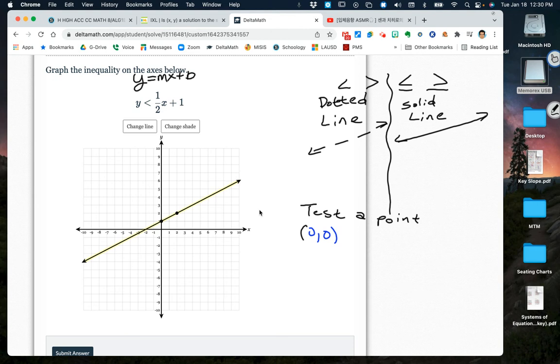Now, deciding what type of line and where to shade shall be up to you. And probably because many of you are really good with your mental math, you could probably even do that 0, 0 math in your head, right? If you can, great. If not,